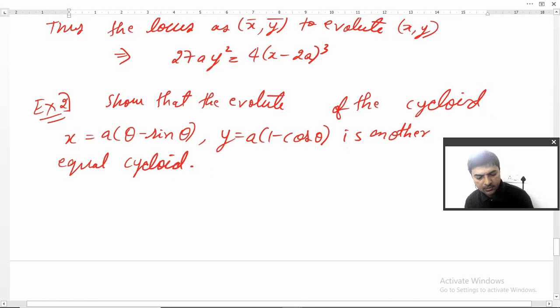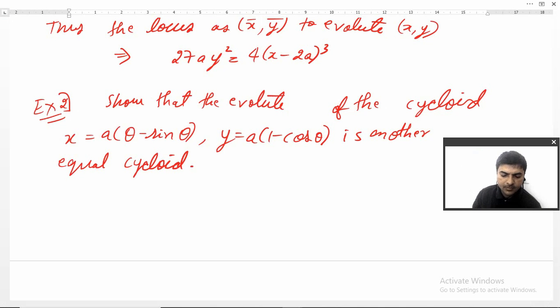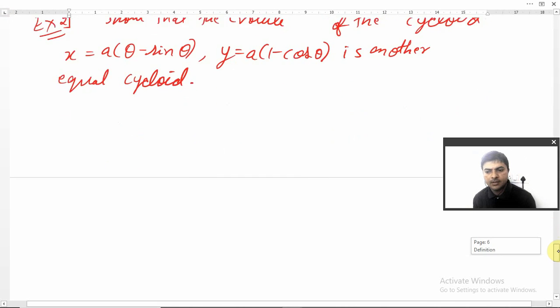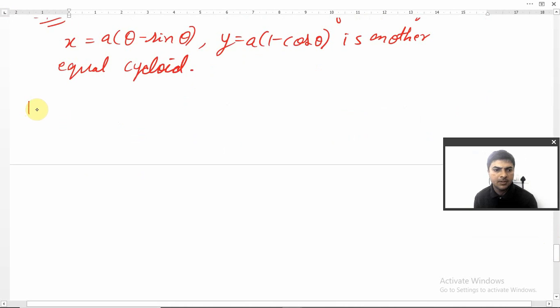Same way you can simplify these ones. First take y1 and then simplify x bar, then you can simplify y1, x1, substitute in the formula, you will get the answer. So here I will just give the hint. Please try yourself, friends. The hint is that here they have not given y value, so they have given two